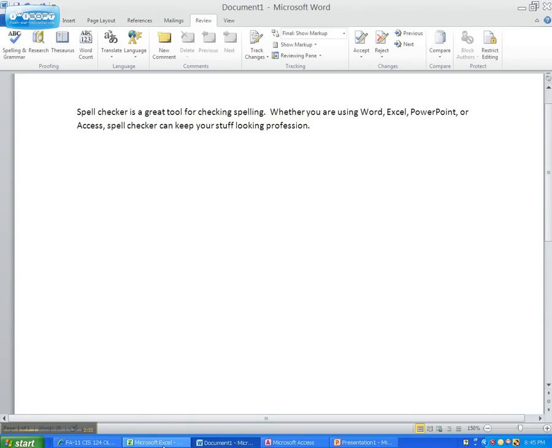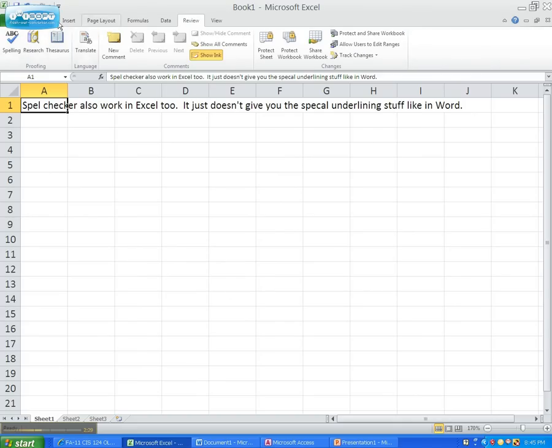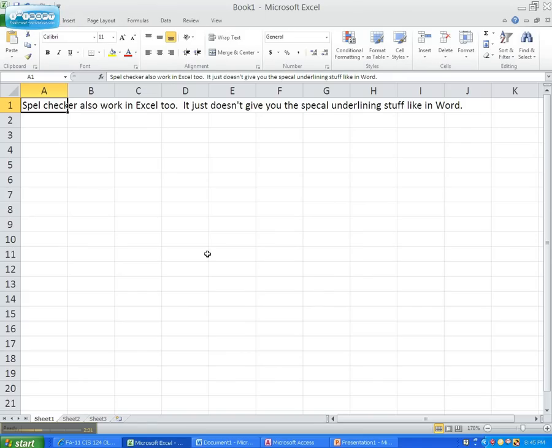You can see here just real quickly, like I said, spell checker will work in Excel too. It just doesn't give you the special underlining like you see in Word, but spell checker is there. I can go to the Review tab and find it on that Spelling button, but even if I forgot where it was, say I couldn't remember that,